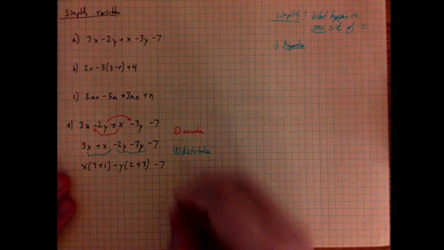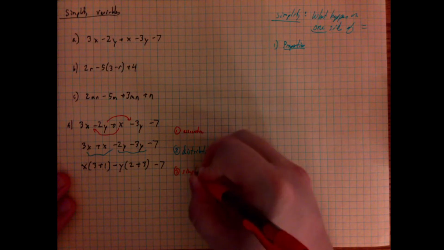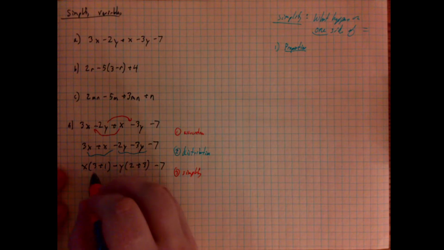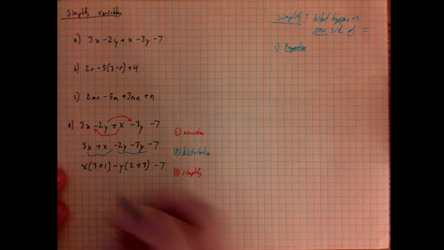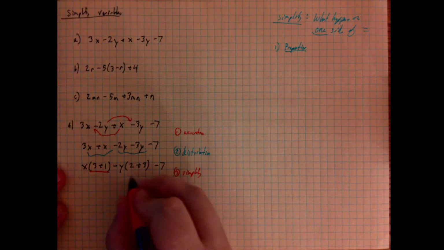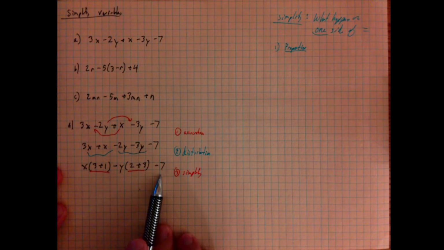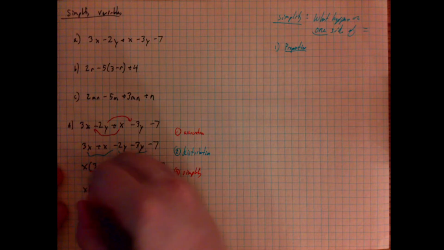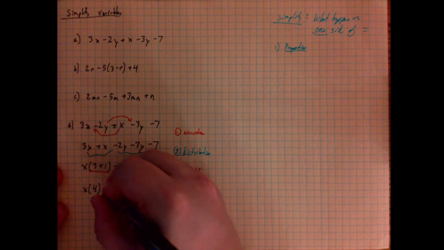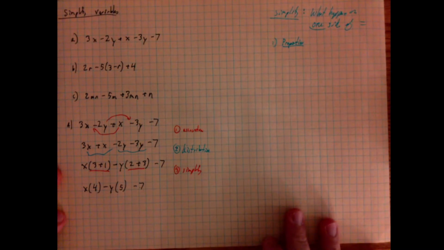Now, according to order of operations, I am always allowed to simplify, which I'm going to do, meaning I can reduce complexity in one piece or more than one piece of my function. So what am I going to simplify? I'm going to simplify what's inside of this parenthesis and what's inside of this parenthesis. Notice I can't do anything with the minus 7 because the minus 7 isn't in one of the parentheses, and according to order of operations, parentheses have to come first. So the x is 3 plus 1 is 4, the y, 2 plus 3 is 5, and the minus 7.